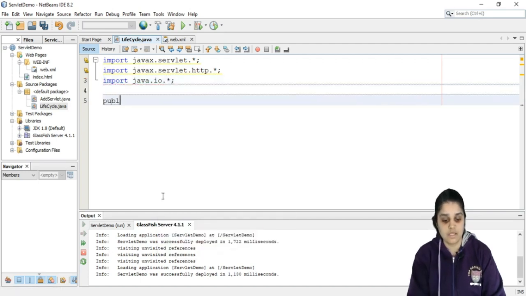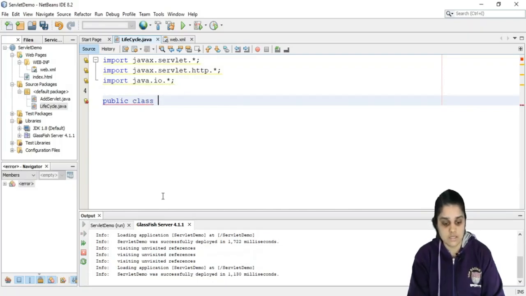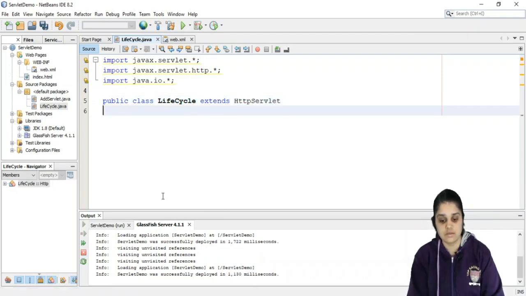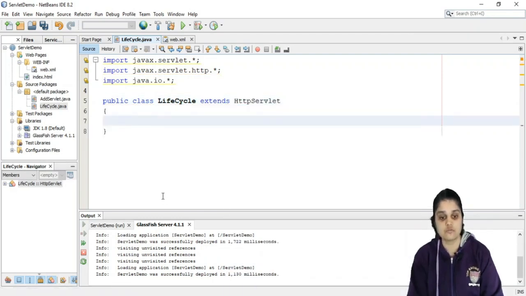Okay, public class LifeCycle extends HttpServlet. Okay, we are doing this for HTTP servlet, not generic servlet.